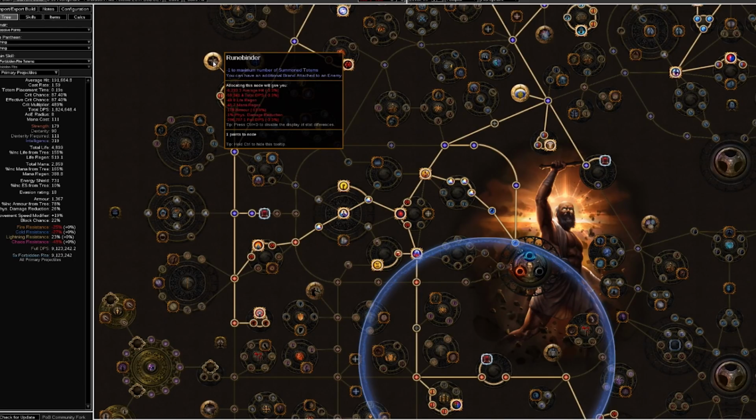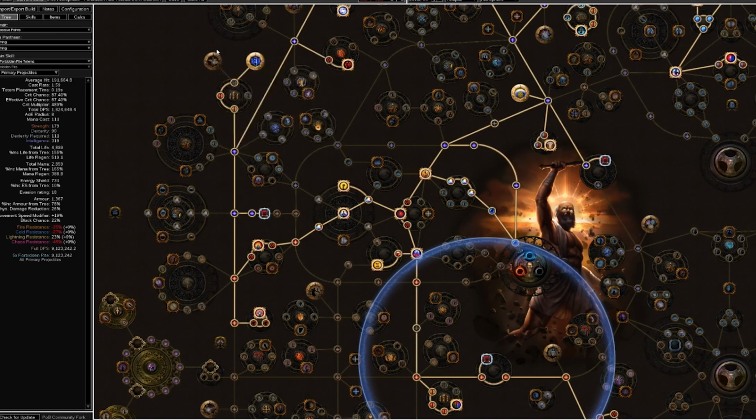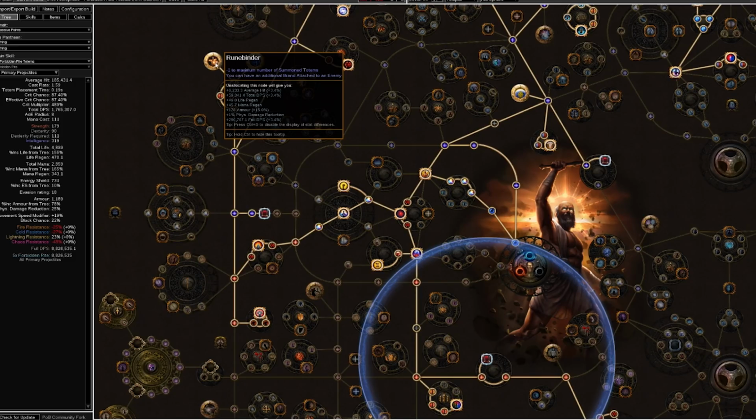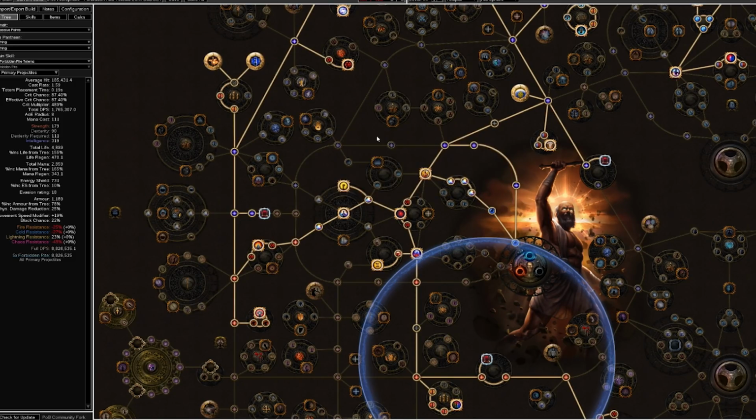This allows you to spec into Runebinder to get additional brand attached to enemies, doubling your single target damage from your actual brands, which is helped with the cremation. Now this is from Act 3 and forward, and in Act 5 you would have to respec out of the Runebinder and then pick up Ancestral Bond instead, of course. But for leveling, I would do the Runebinder spec, and once I have this, the other thing you can do